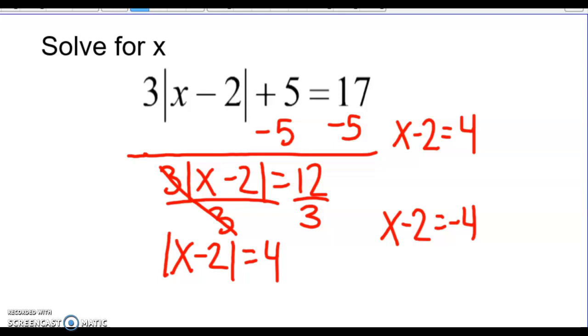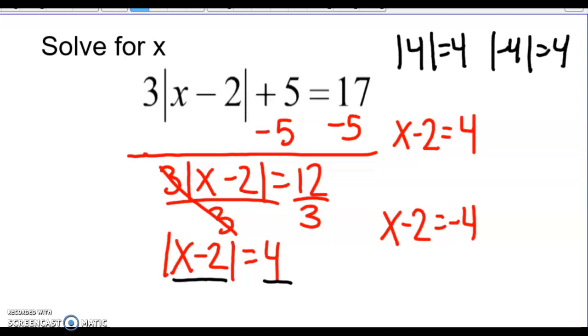So notice that x minus 2 never becomes an x plus 2. The reason this is the case is we're finding what numbers have an absolute value equal to 4. The only numbers that satisfy this are 4 and negative 4. So we want to set whatever's inside there equal to 4 and negative